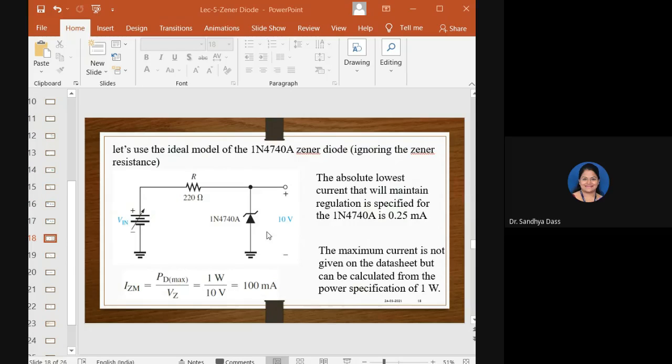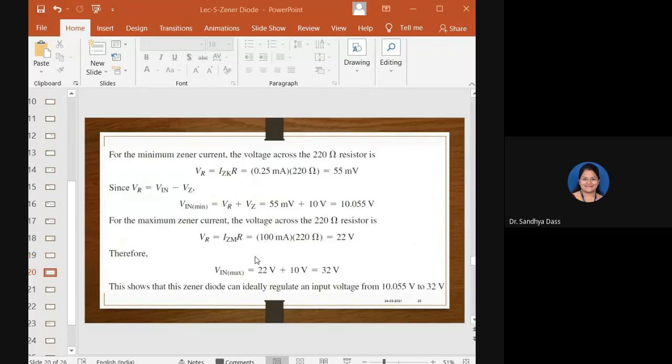in the circuit, to maintain this 10 volt regulation, we took up the two values of the current, that is minimum Zener current and maximum Zener current, and we observed what would be the range of V in that can be applied to this particular circuit to have a constant voltage of 10 volts. Okay, so in order to maintain constant,